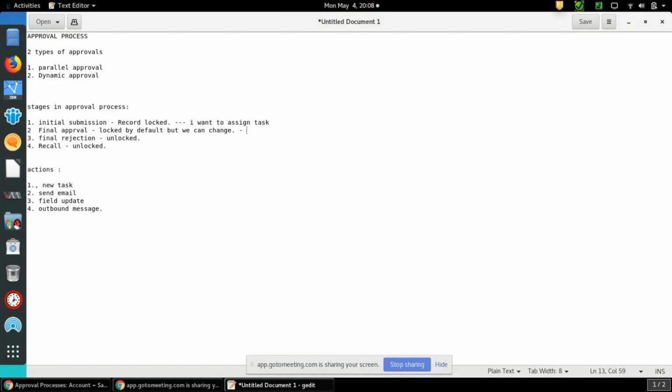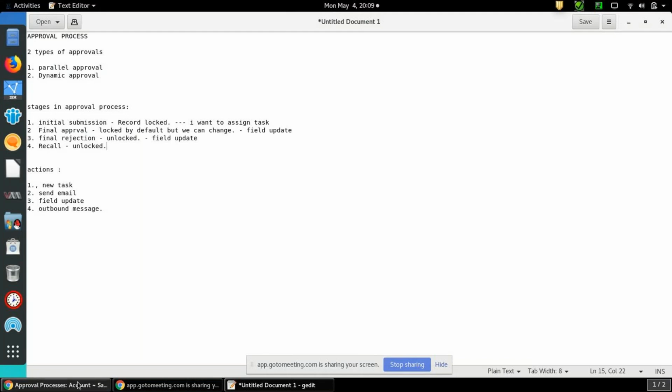And in the final approval, I want to update a field. If it is rejected also, I want to update a field with a different value. Recall also we can do, but for now we'll see the other first three things.